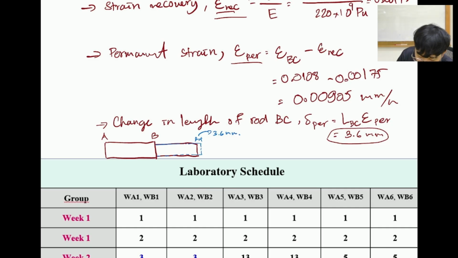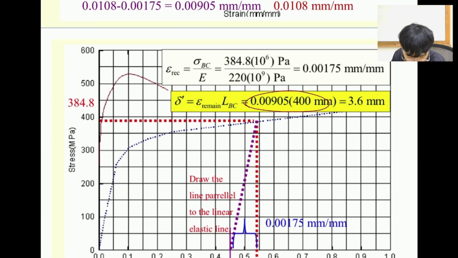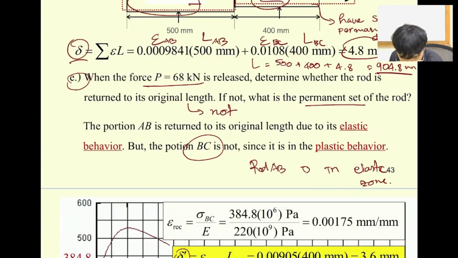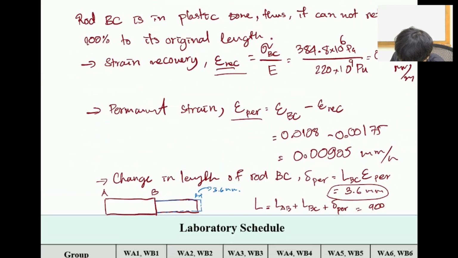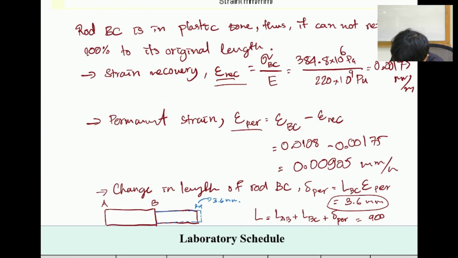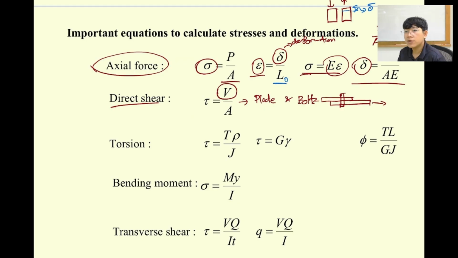If I would like to find the total length, it's going to be LAB plus LBC plus permanent strain. So it's going to be 900. Am I right? 900. Okay. 900 point, 903.6 millimeters. So this count we can be